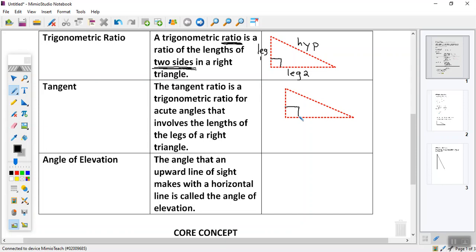The tangent ratio is a trigonometric ratio for acute angles that involve the lengths of the legs of a right triangle. So the tangent here, guys, is going to involve the what? It uses the legs of a right triangle. So if I labeled my sides A,